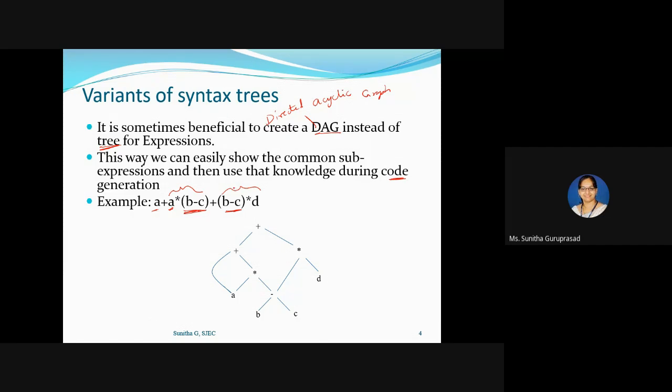There is a into b minus c, so whatever is inside the parenthesis will be evaluated first, then multiplication, and then addition. So b minus c will be evaluated first. In the same way, you create this one also: b minus c. These two parentheses are done.